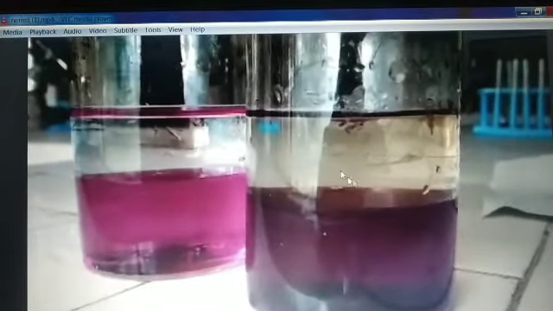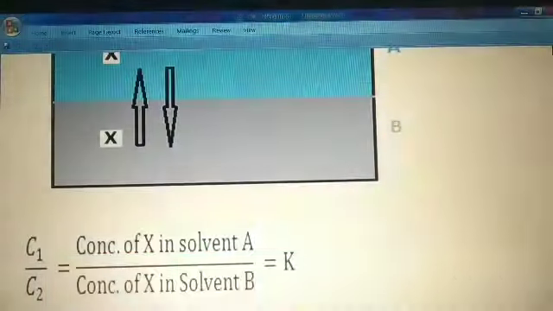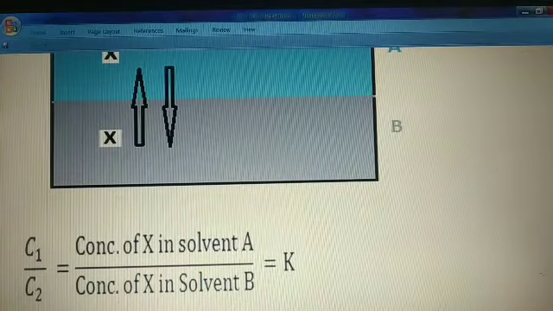I have placed another bottle just like this, and you will see that in that bottle, which is in front of you now, the upper portion has got tarnished. This portion was colorless, but some of the iodine has also passed into the aqueous layer. So iodine distributes itself between the two layers.